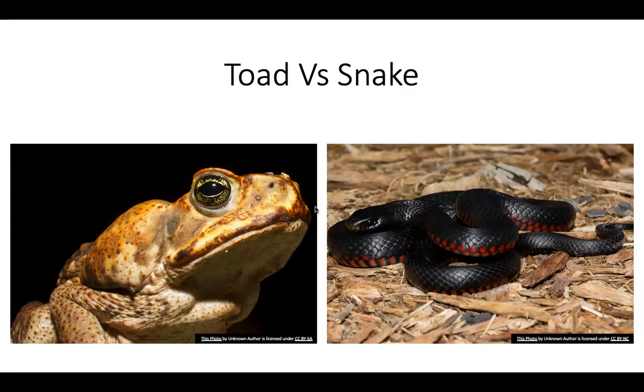And so what's happening is those with the bigger heads that can eat the cane toads are being selected out. The ones that are surviving are the ones with the smaller heads. They're then able to pass on that smaller head variation to their offspring. And this has happened over enough generations now where this is starting to become an adaptation that we're seeing. What was once a variation in head size is now becoming more common in certain parts of Australia where cane toads are really prevalent. And it's a way that the red-bellied black snake is evolving to survive in that changing environment.